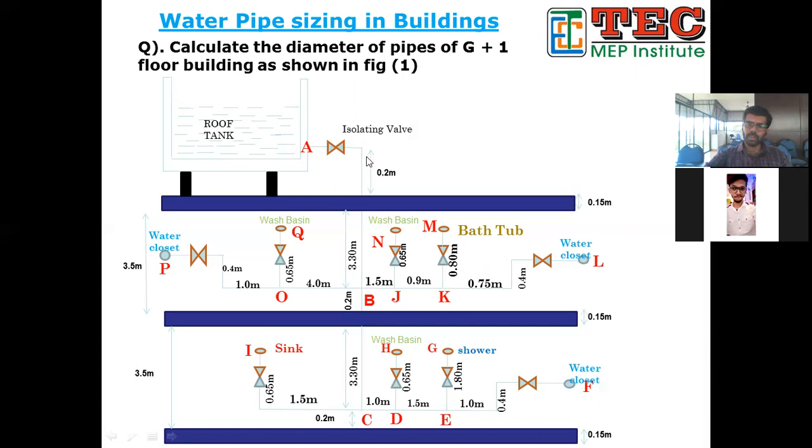So this height is very important. You can see this much is 0.2 meter. This difference is 0.15. This length is 3.3 meter. From here till this much is 0.2 meter. This height is 0.15 meter. From here till its bottom is 3.3 meter. This height is important to know the drop, whether it is negative or positive. If the water is coming from top to bottom, it is positive. If the water is going up, it is negative. Okay, so let's see.